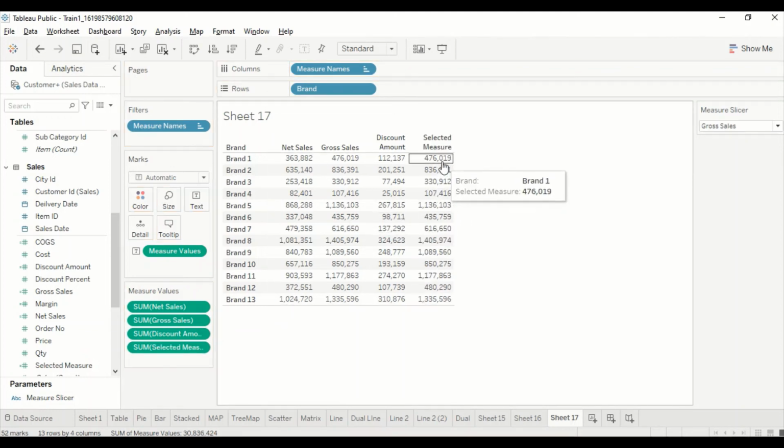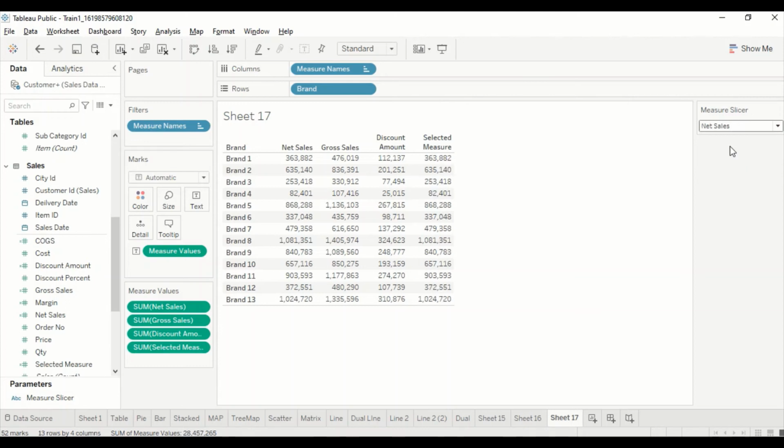And then you see immediately it comes out and gross sales is selected and its value is like this. Okay, and gross sales we also defaulted, so here also we created a default value. Now when I select net sales, you see this value now starts matching with the net sales value. Then let me select discount amount. Now it starts matching with the discount amount. If the spelling is wrong or something is wrong, then there could be certain challenges, but these are the values.